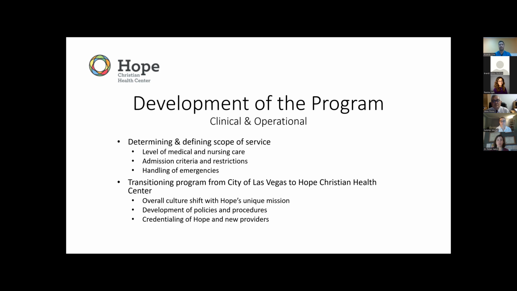So this does include basic wound care, medical education, medication education and supervision. You know, we can check blood sugars, basic labs, we can do EKGs, they can bring in a wound care nurse if needed. And then the nursing and CNA care is more along the lines of minor assistance with ambulation and transfers and bathing, though the patient should be mostly independent. We also provide meals for them, which are provided by the Culinary Academy and can actually be tailored to specific dietary needs, like a cardiac diet or a diabetic diet.